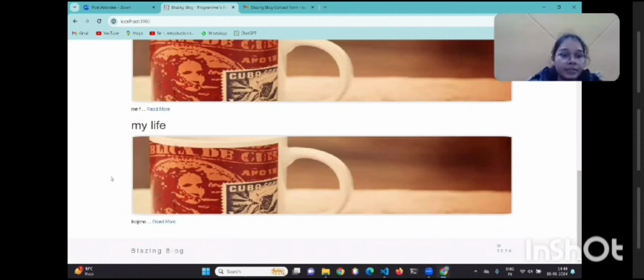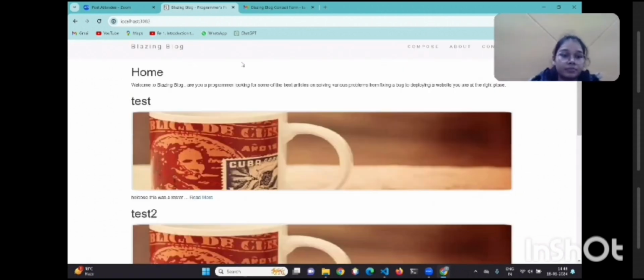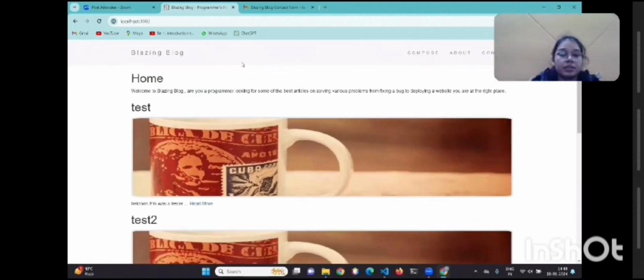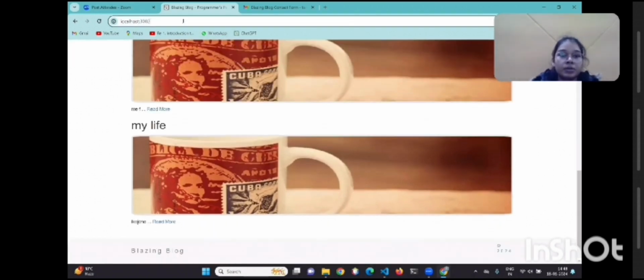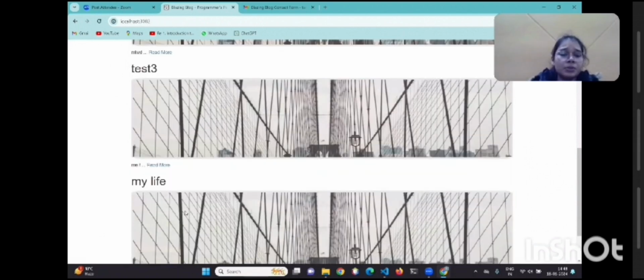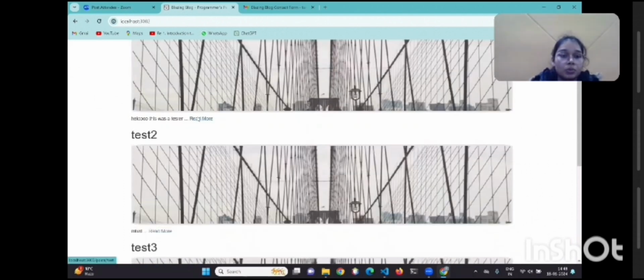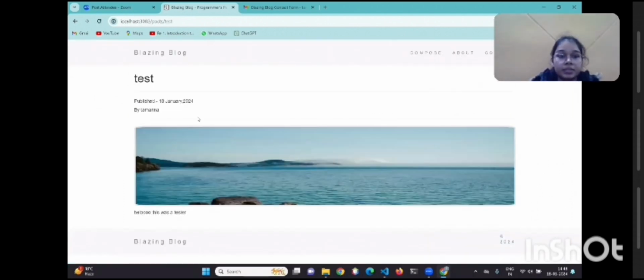Yeah, here it is. All these images are generated from random pictures. Every time you refresh it, you are going to get random images. Now if I want to delete this post, I can see the whole blog like this, and if I want to delete this particular post, I am going to copy this